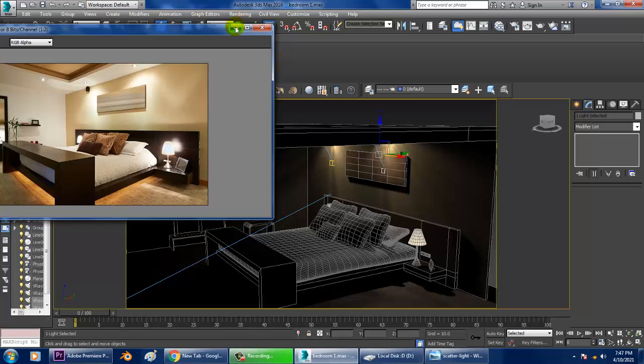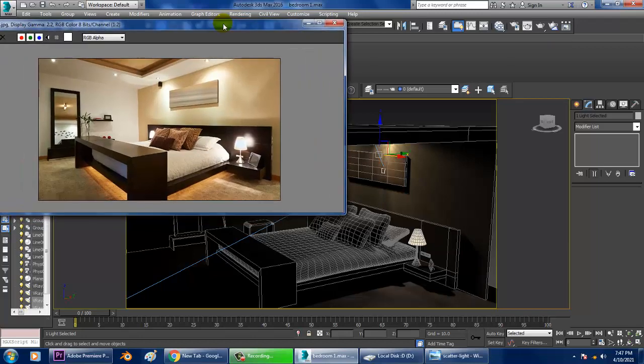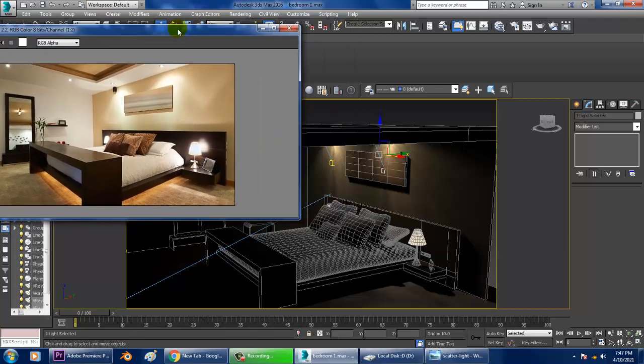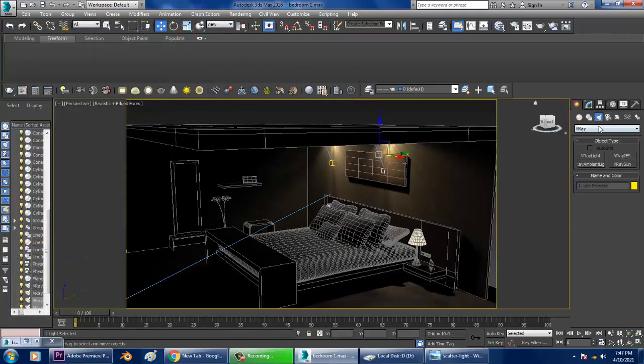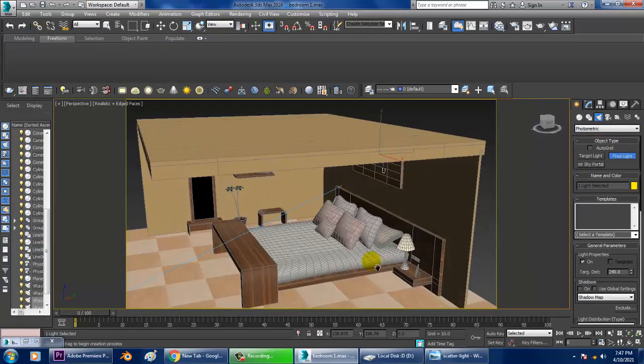Also after that, I'll go into this photometric and take a free light over here.